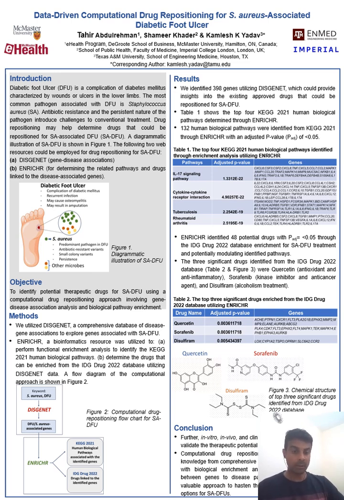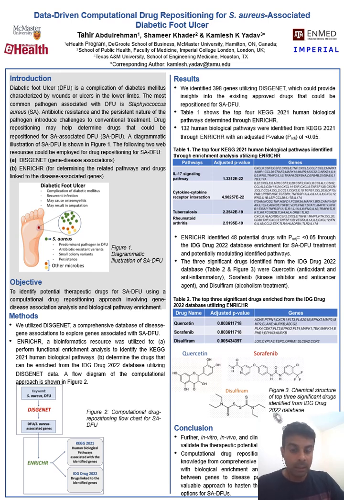So coming to the methodology, we utilized DisGeNET, which is a comprehensive database of disease gene associations. Utilizing specific keywords like diabetic foot ulcer and Staphylococcus aureus infections, we were able to identify the genes that were associated with aureus associated diabetic foot ulcer. So once we identified the genes through DisGeNET, we utilized another web resource, Enrichr,